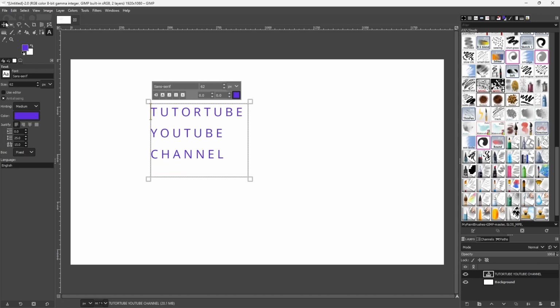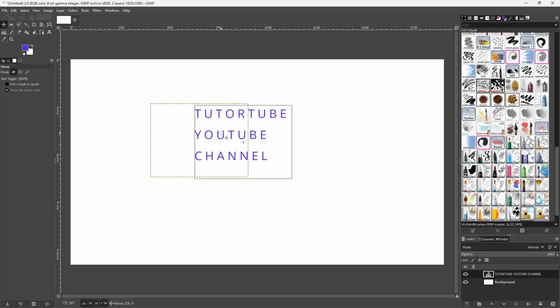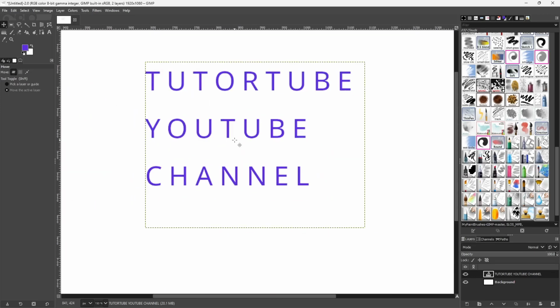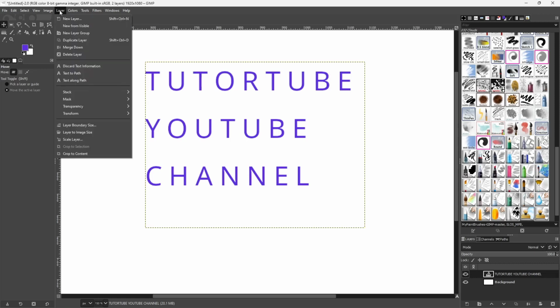But let's say what I want is, without actually rotating or making any changes, I want this to be turned into pixels so I can work with it. So in order to do that, you can go over here while selecting the text itself. You can go over here onto the layers menu. So you need to go onto the layers menu over here, and then what you need to do